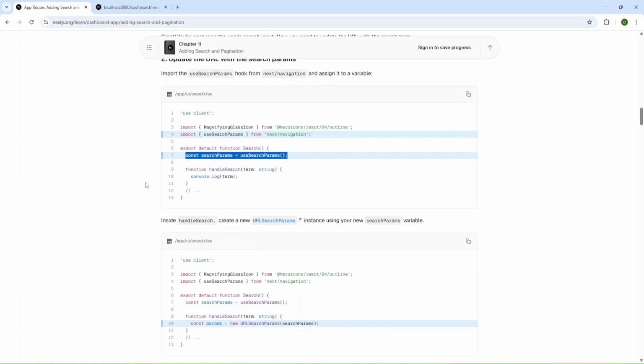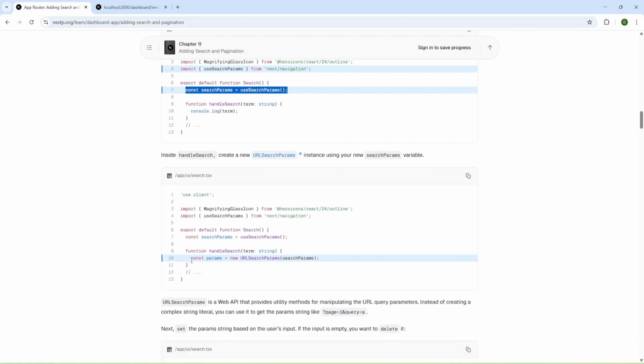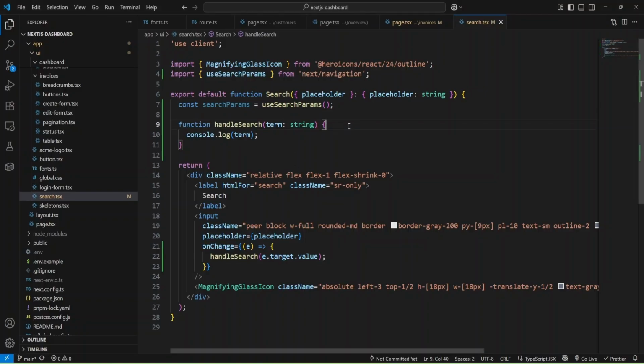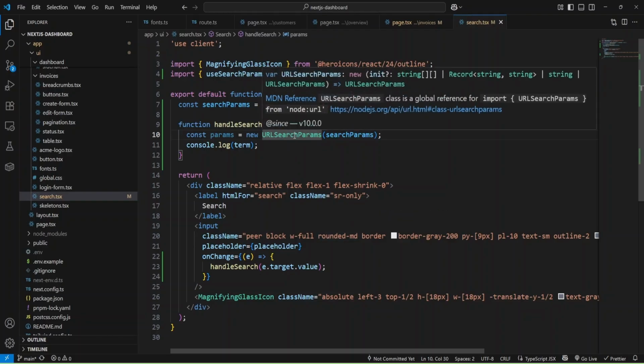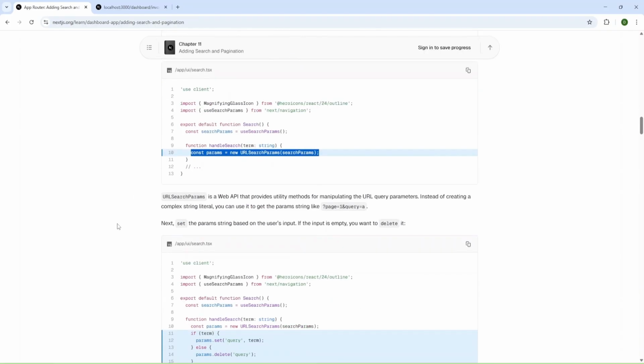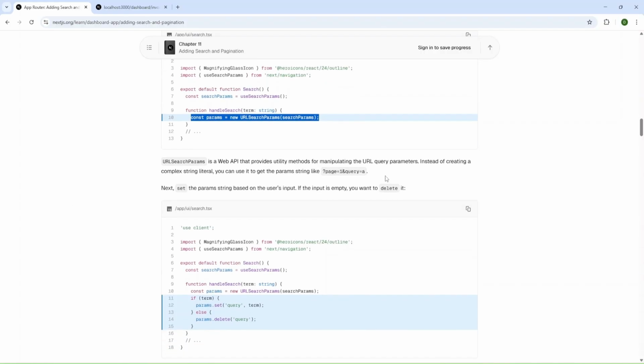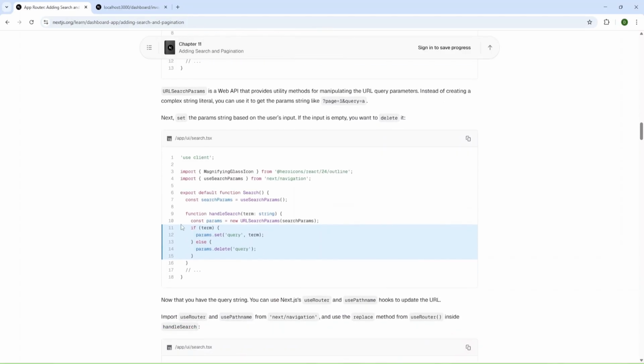Also we'll use it inside the handleSearch function, and we'll get params using this function from JavaScript. As you can see, it's a web API that provides utility methods for manipulating the URL.